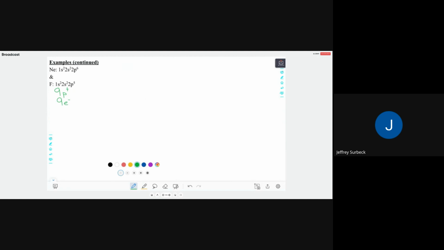So at this current state, this fluorine atom has no net charge,